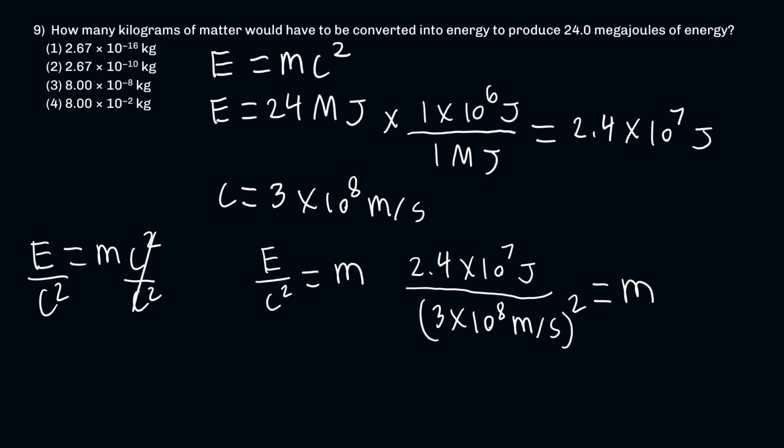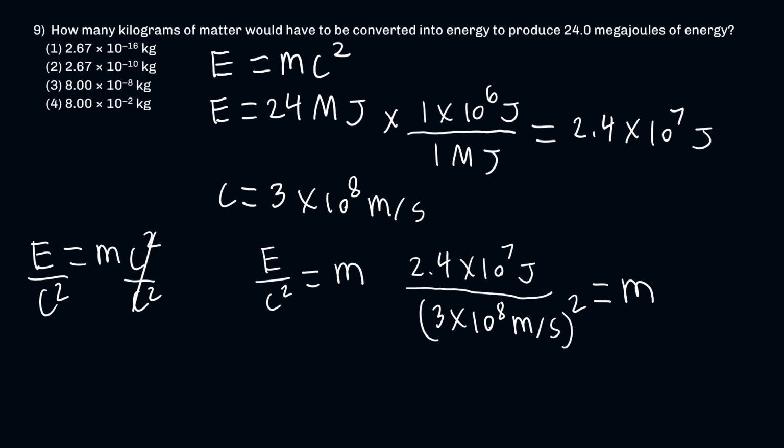So again, all you gotta do is plug this into your calculator now and get your answer. So you have 2.4 times 10 to the 7th, over 3 times 10 to the 8th raised to the second power. Just divide those two numbers, and you're going to end up with your answer here